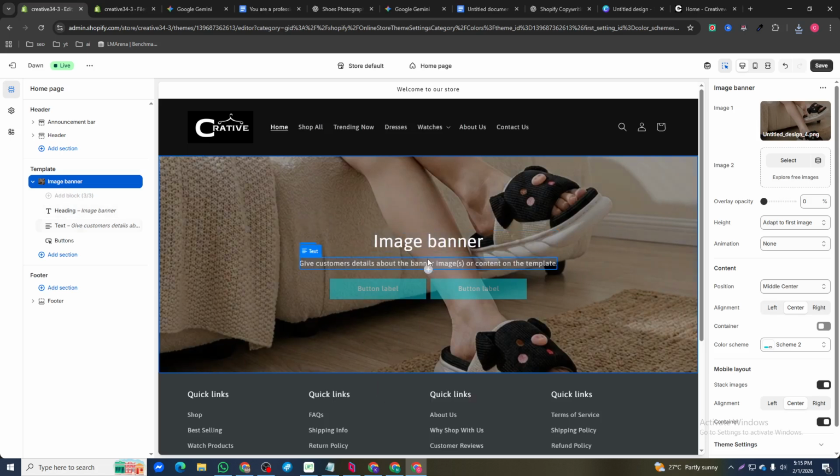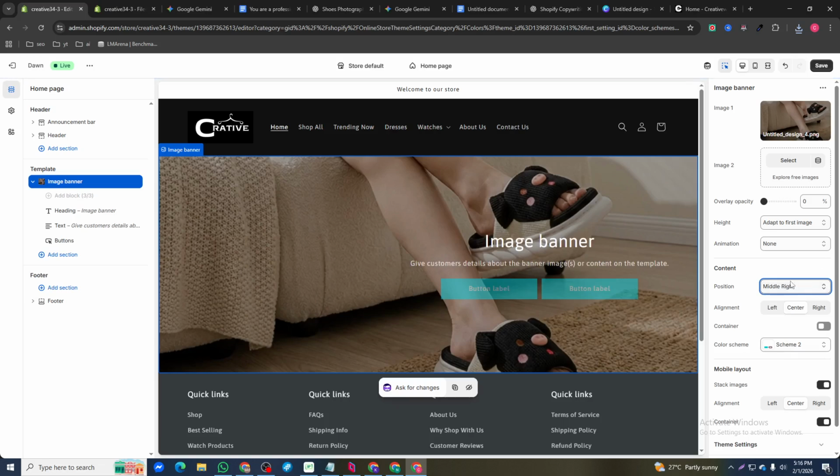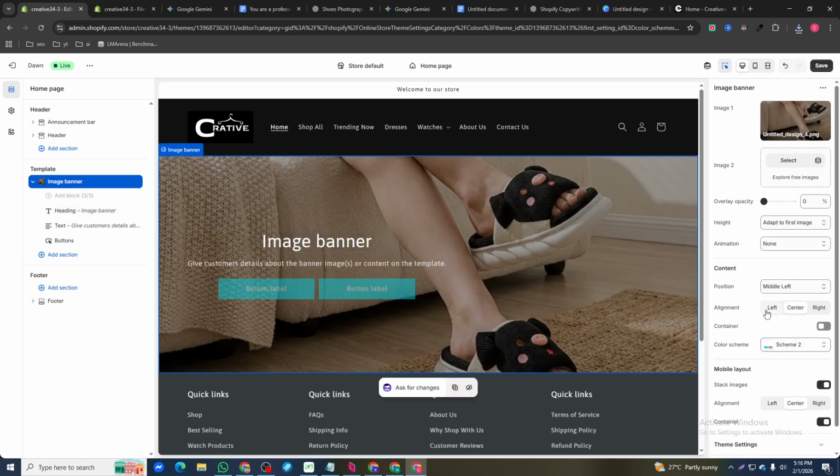And by the way, the last thing I want to show you as a tip is how you can move this text left, bottom, top, right. To do that, I'm going to click on bottom center or middle center, left center. I'm going to keep the middle left. So it will come to this side, and then text alignment will be left. Now as you can see, this looks very good. This way our customer will see.